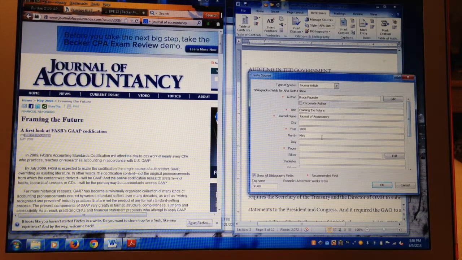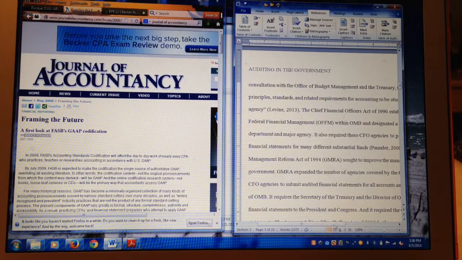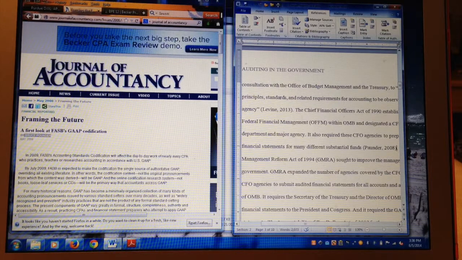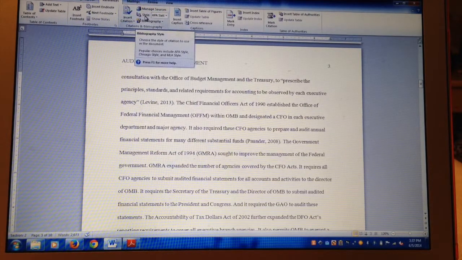All right, once you've put in everything that you possibly can about this source, then all you do is click OK. And you will notice that where my insertion point was, that is where the source was cited. It's in line. Another thing I wanted to demonstrate to you as well is before we enter any citations, we